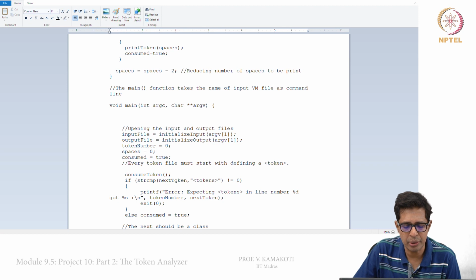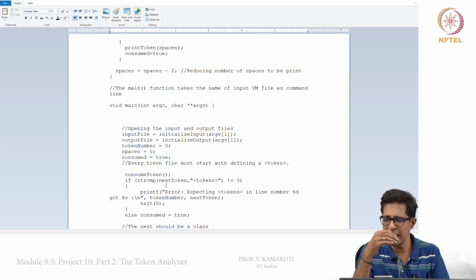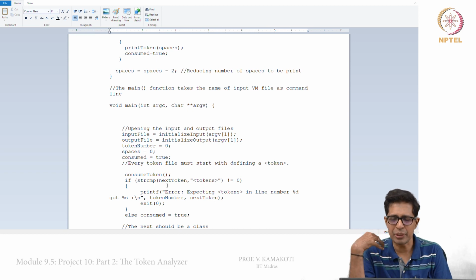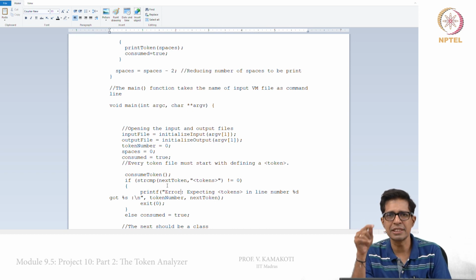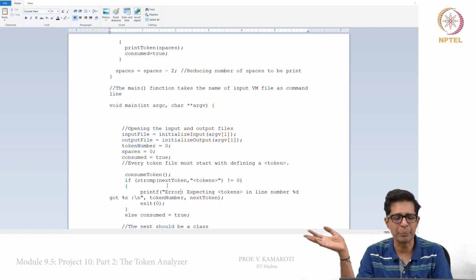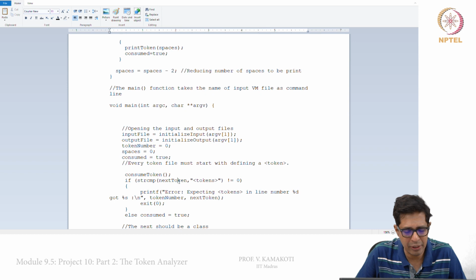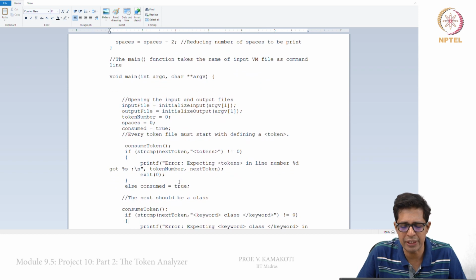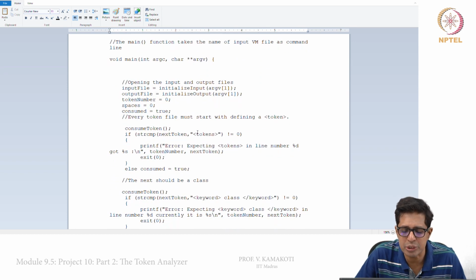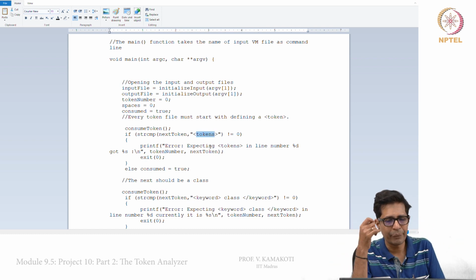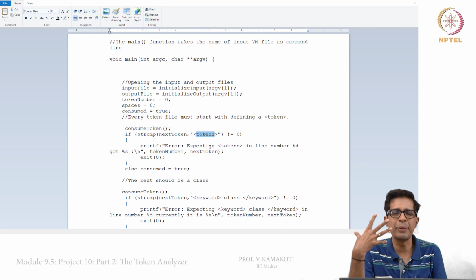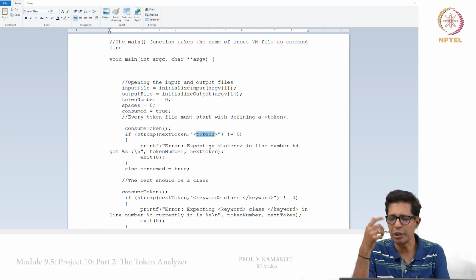Every time you consume a token, it means you read a token and it is still yet to be used, still to be returned back. You read the token into this global variable called next token, and the first thing that you check is whether it is tokens or not. Normally every executable file has a first part with a magic number which tells what sort of executable it is.